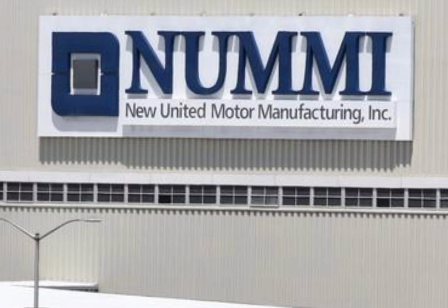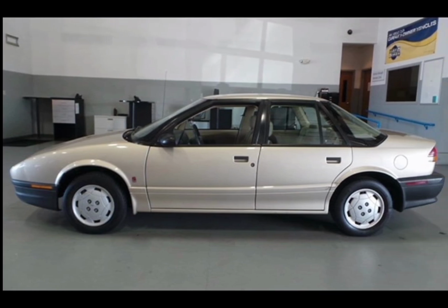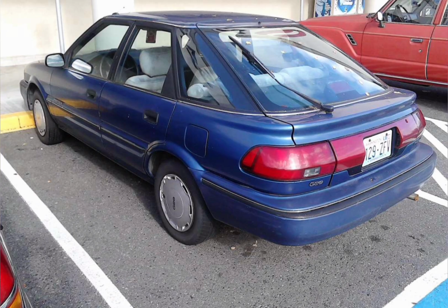So with that out of the way, let's talk about Geo's history year by year and see what has changed for the brand. But let's keep one thing in mind here, it wasn't until 1991 when General Motors launched Saturn. In 1990, Geo Metro was available in 3 and 5-door hatchbacks as well as a convertible, the latter of which was actually proven to be quite rare even when new, with less than 60,000 units sold, and then for end of production in 1993. For 1991, the second year of the Metro convertible, which became a little bit more popular,